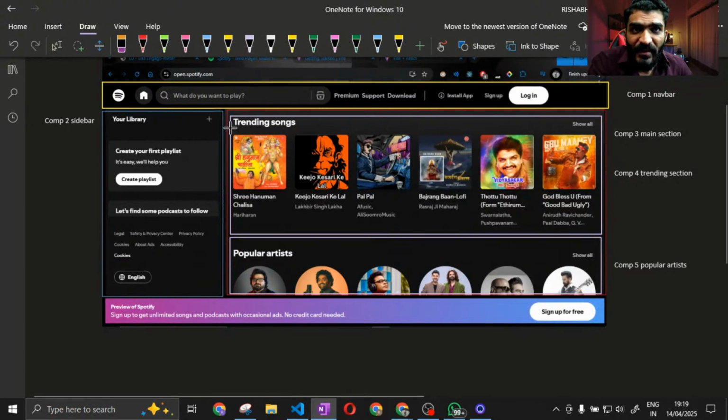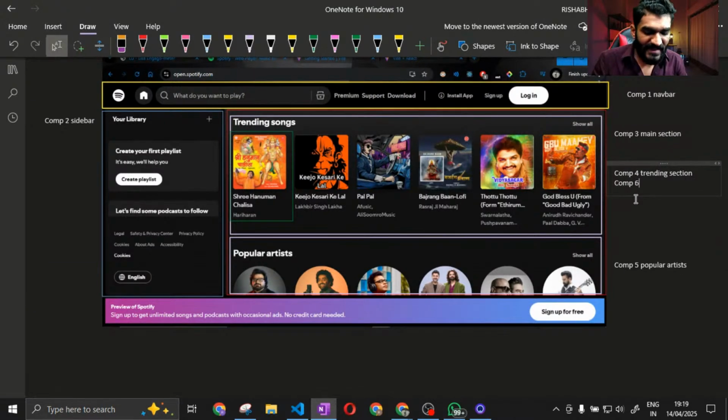The first component over here is this card component. This card is one of the components. So I will say this is component 6, which is the card component. And inside this popular artist component,